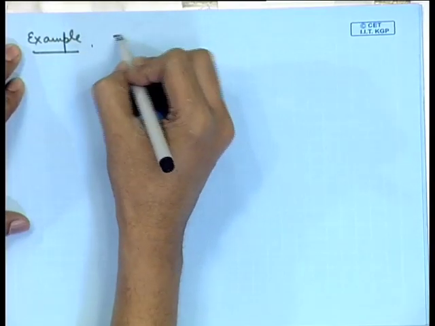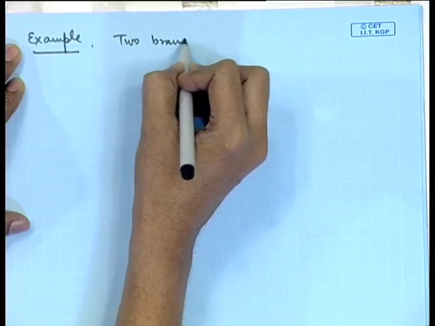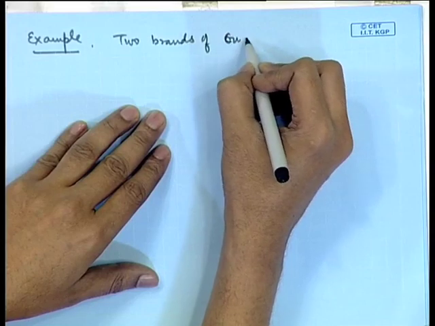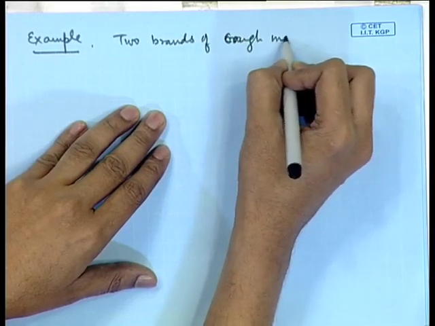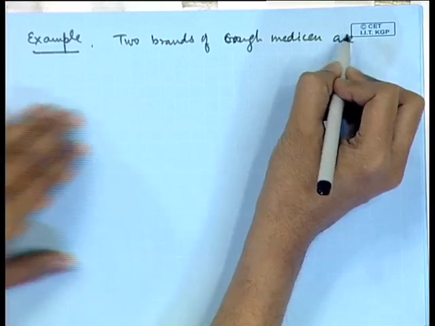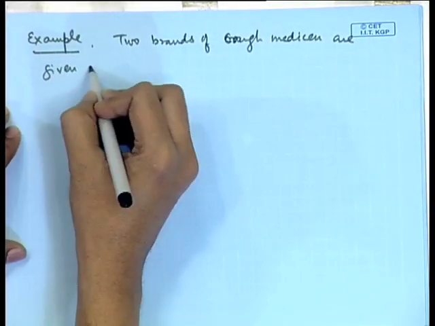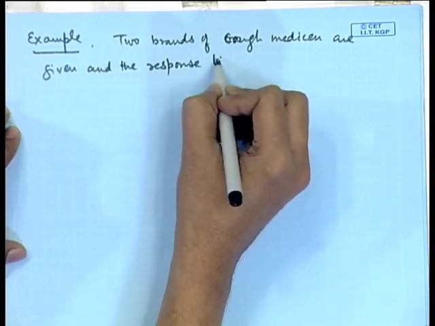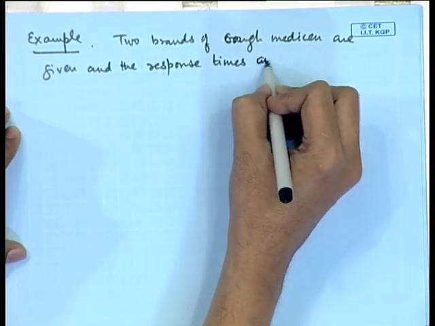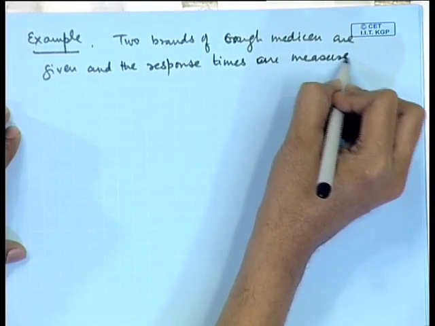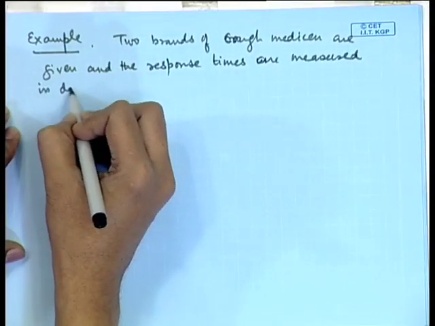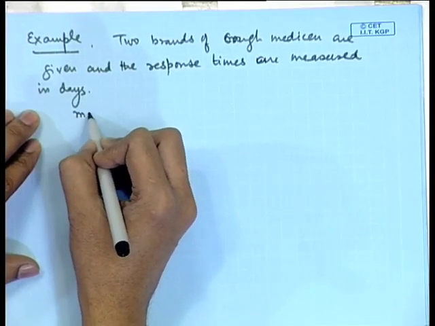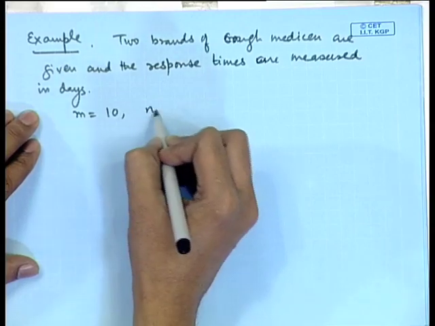So, two brands of say cough medicine are given and the response times are measured in days. Okay. So, here we are having the data m is equal to say 10, n is equal to